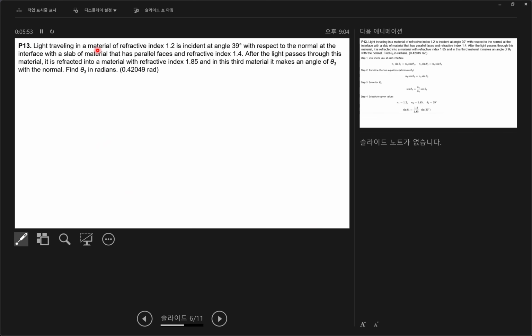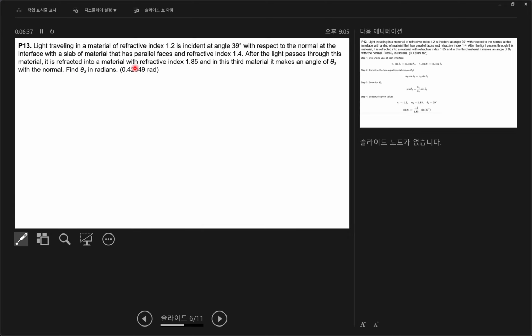And problem 13, light traveling in a material with refractive index 1.2 is incident at an angle, the incident angle is known, with respect to the normal at the interface with a slab of material that has parallel faces and a refractive index of 1.4. Okay, so there are two materials. After light passes through this material, it is refracted into a material with a refractive index of 1.85. So it's 1.2, 1.4, 1.85 in the third material. Okay, and then we need to